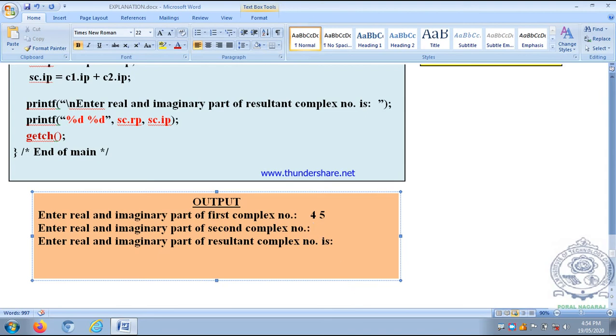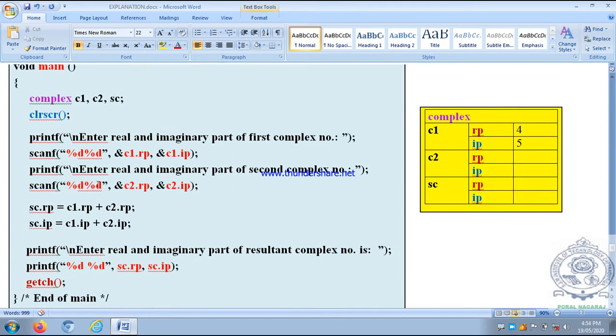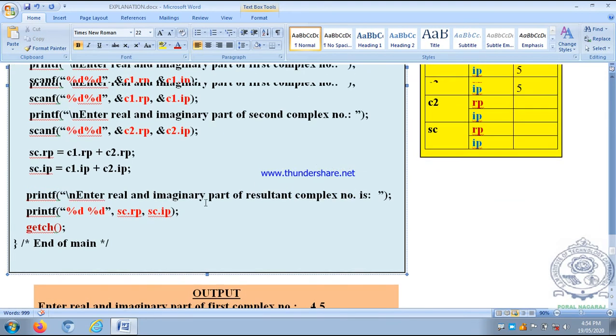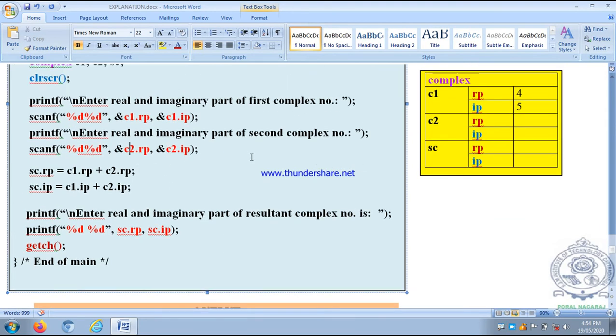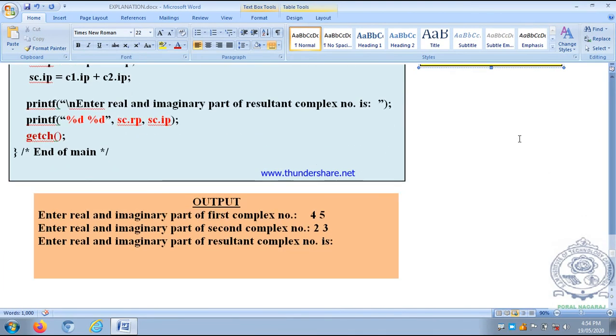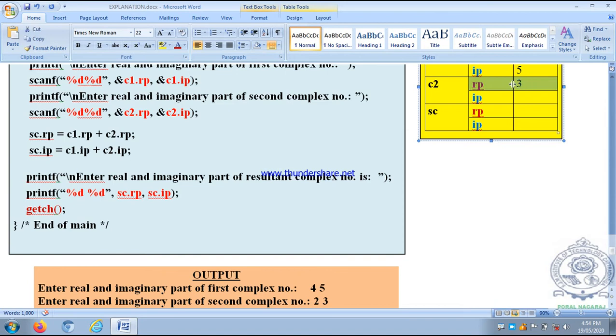Now I will take 2 space 3. The first input 2 goes to c2.rp and the second input 3 goes to c2.ip.